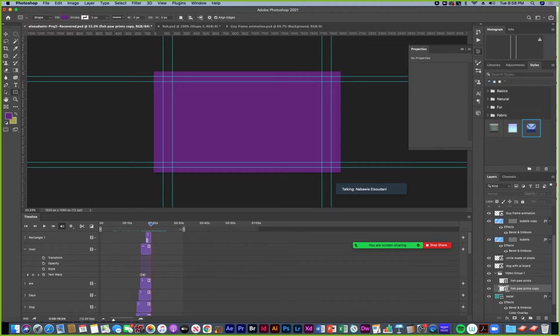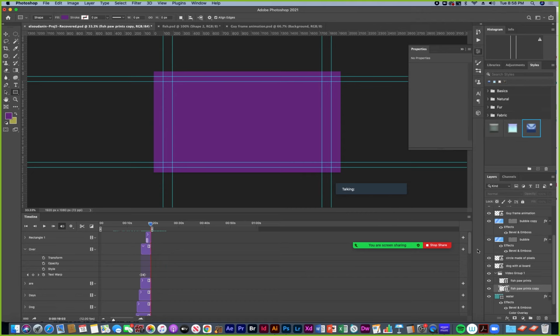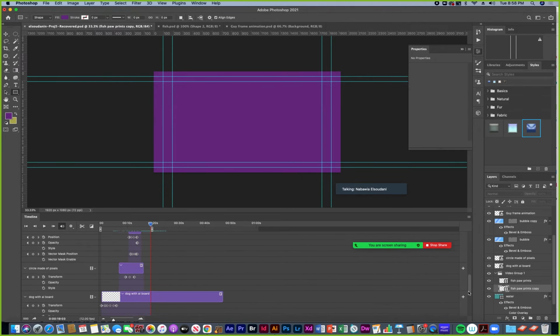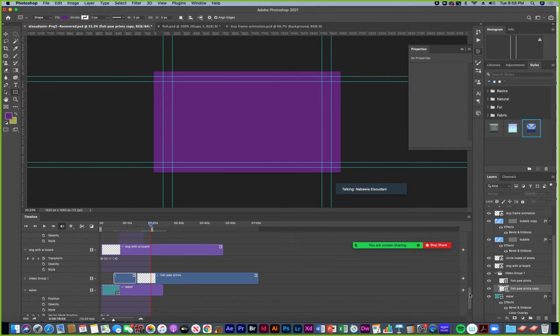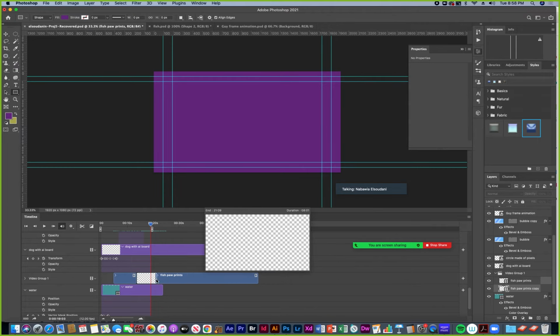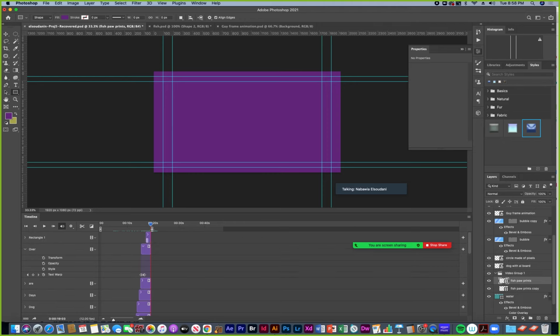This is the work area. To make sure that it ends where I want it to, I can drag it. So actually it ended up 19 seconds, which is a good length for this project. And anything that's just hanging off the edges will not be rendered. You can trim things that are hanging, but you don't have to, as long as you adjust your work area to where you want it to actually end. So check your beginning, check your ending, check how your middle is going, and then you're ready to render.